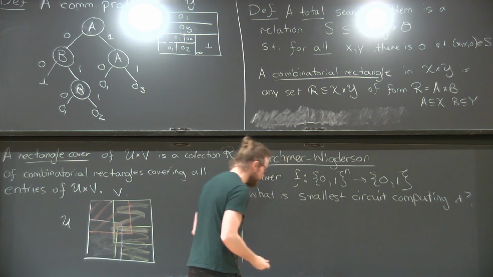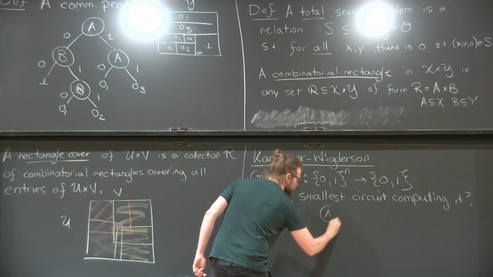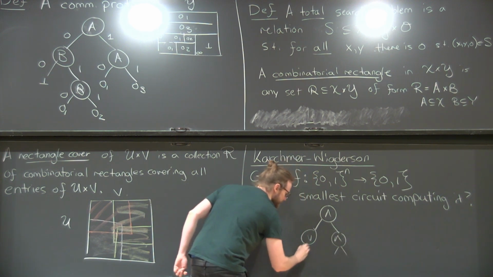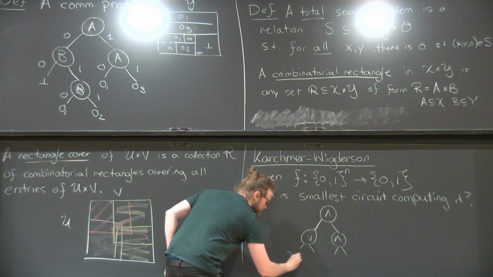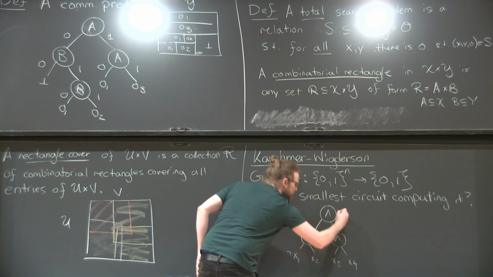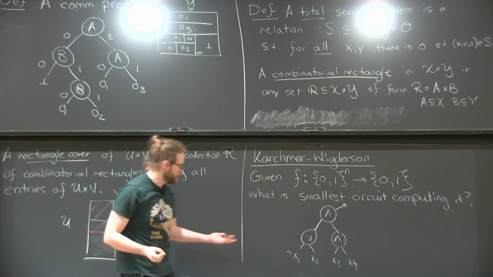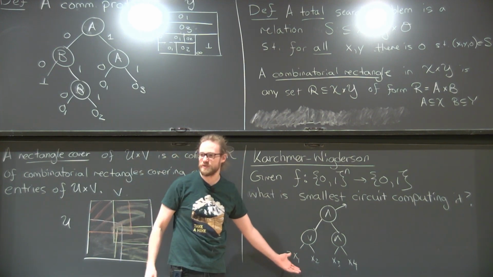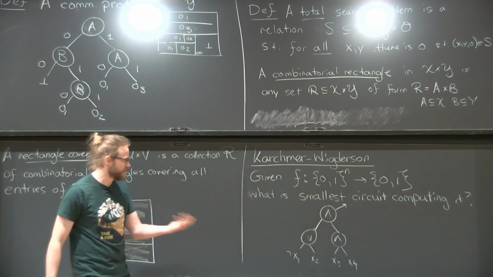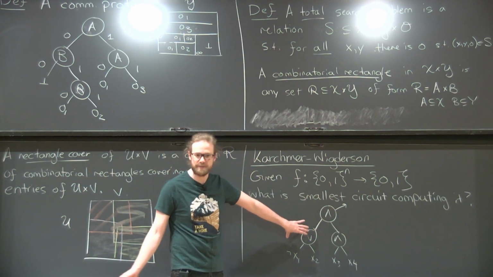OK? So for us, circuits will always be over AND, OR, and NOT. And we can also just assume that they're in De Morgan form, so all the NOTs are at the input. Right? So here's a really simple circuit which is computing some Boolean function. It's just the composition of all of these things. So we'd like to understand what's the minimum amount of hardware you need to actually implement these things.